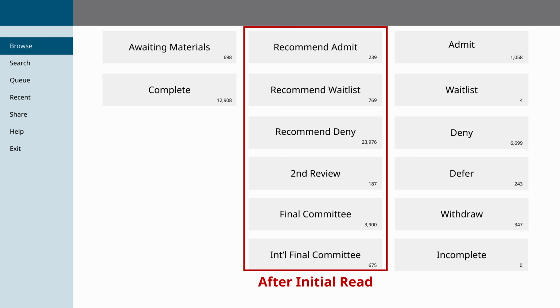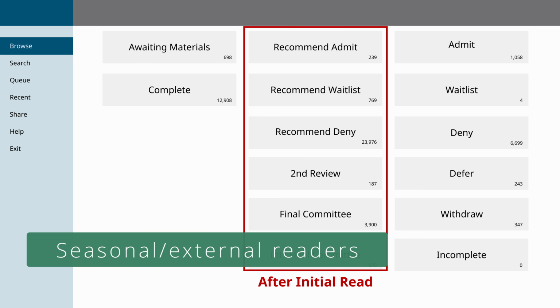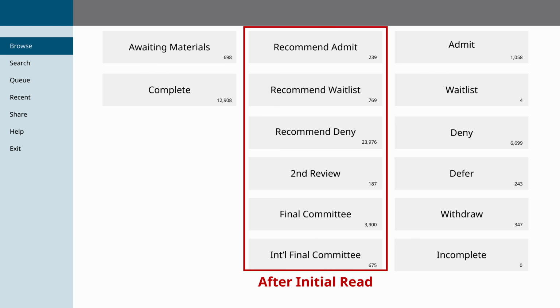There are seasonal readers that often read a subset of files, sometimes less academically competitive files. Again, it depends on the institution and process. We have recommend admit, recommend waitlist, which is typically only used for regular decision files, recommend deny, second review, which is for files that either might need a second pair of eyes on them before deciding what to do with the file,